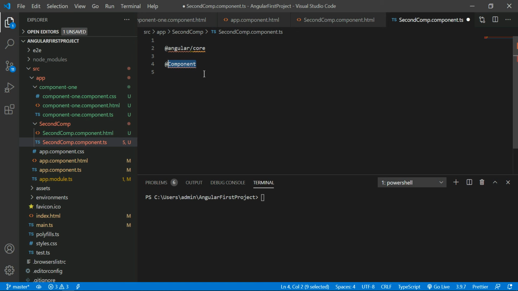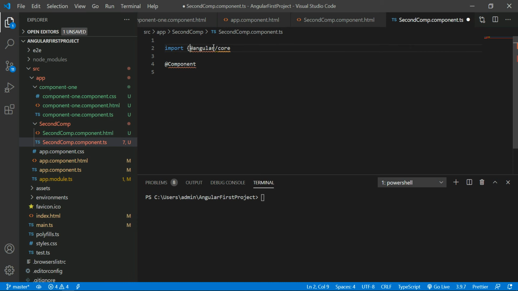If I want to work on the component in the TS file, I need to import the component-related information from the Angular core library.